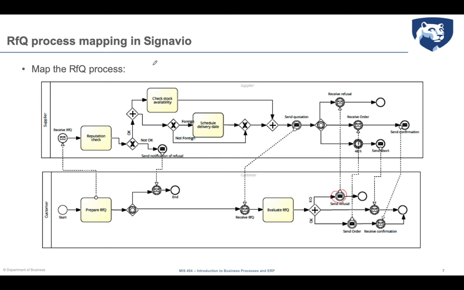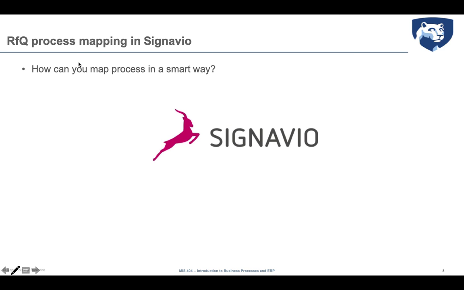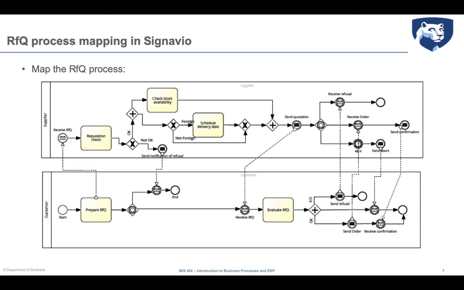Now, I've seen some of you modeling these in different ways, by hand, using PowerPoint, using whatever you want. There is a tool which you can conveniently use to map the business process in a smart way, which is Signavio. So the next step that I'm expecting from you is to open the tutorial for accessing Signavio, how to access Signavio, and by next week, before the Tuesday class, map this process, exactly as it is in this slide, in Signavio to start,